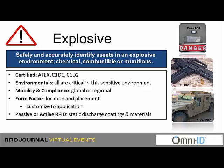And especially when we get into active tag systems, but even into passive tag systems where we have a lot of readers and antennas and cabling around, there's a great requirement to make sure that we are explosive certified. There are certification bodies that you can rely upon, not mentioned here on the slide, but something called HERO, which allows you to be certified for these munitions type applications. More commonly, we look at ATEX, especially in the European markets, and now IECEx as a new standard coming through